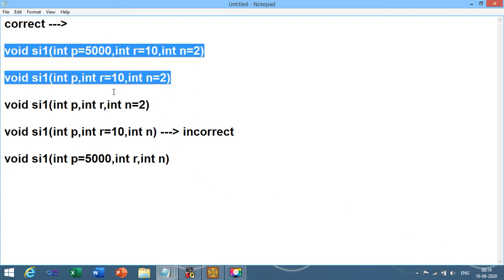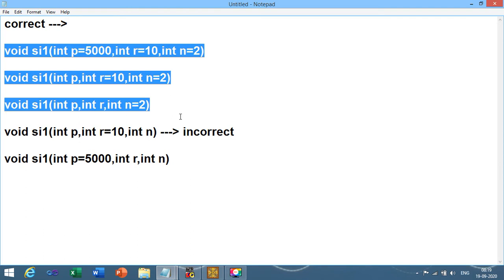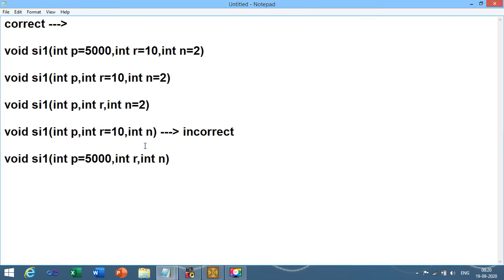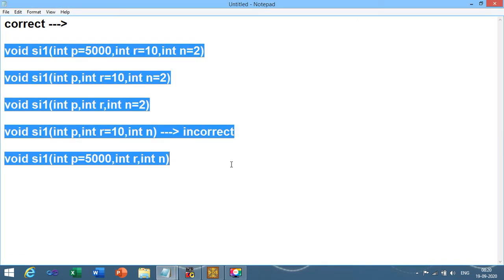So these three are the correct ways to pass values with default arguments, and these two are the incorrect ways to give our values through default arguments. But this is declared as a function.